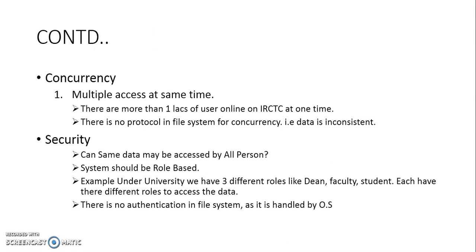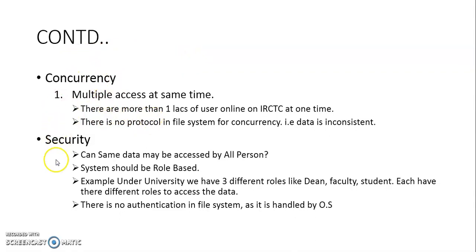Next one is concurrency. Concurrency means multiple users can access the data at the same time. For example, if you talk about IRCTC, many users all over India will book tickets. There is no such concept like one person will book a ticket, and after that the person in Assam will book. All over the states, many users are using the app, and at the same time they can book tickets. So concurrency is there in DBMS, but there is no such concept in